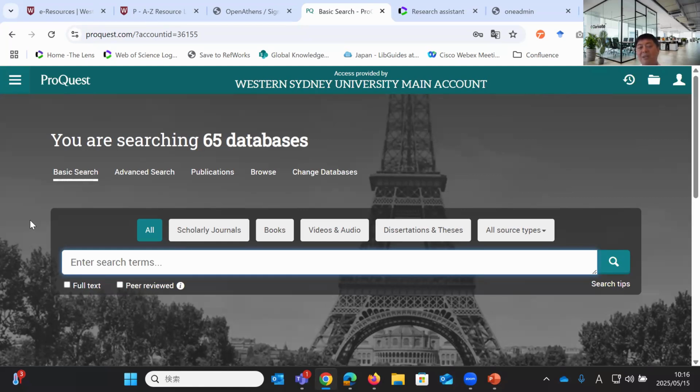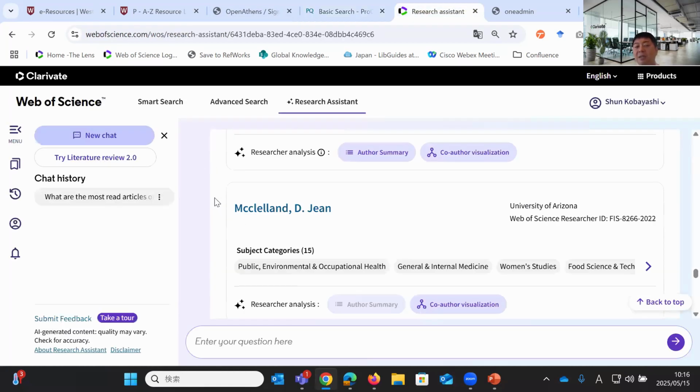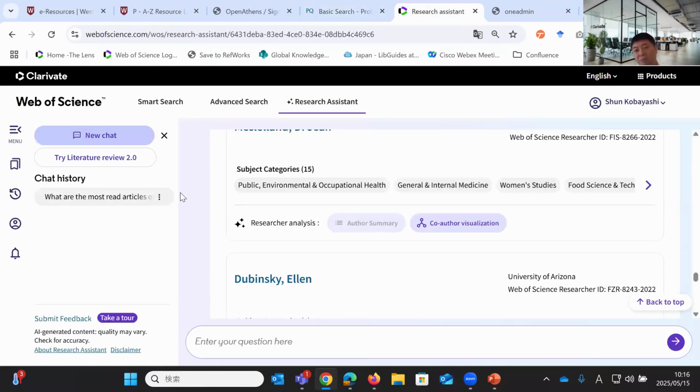However, a lot of library tools, like we also have already a chat feature called Research Assistant. This is the Web of Science Research Assistant. We have a Research Assistant for ProQuest that I'll talk about later. But we do have a Research Assistant in Web of Science. This is an add-on feature. It may not be available for you, but we're developing it.